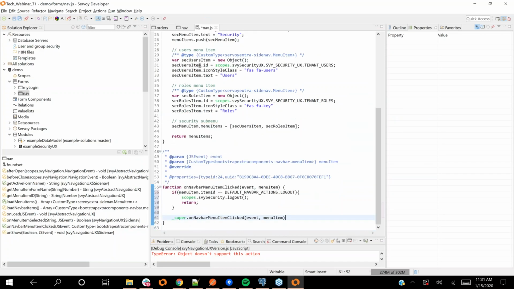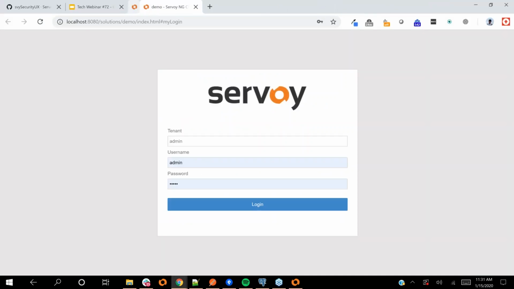Yeah, I was confusing it with the load menu items up above. So this is the default logout action. Now it's connected to the security logout. I'm going to launch this once more, clean these up, and we should get,